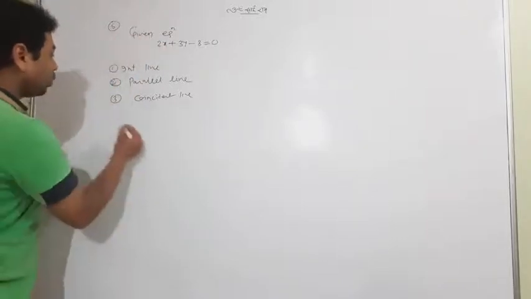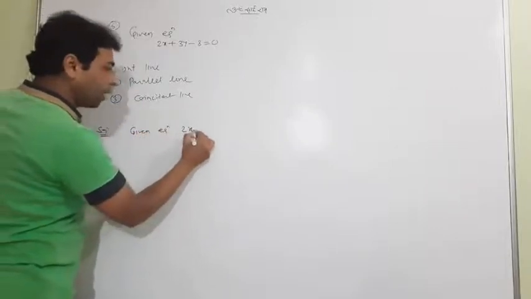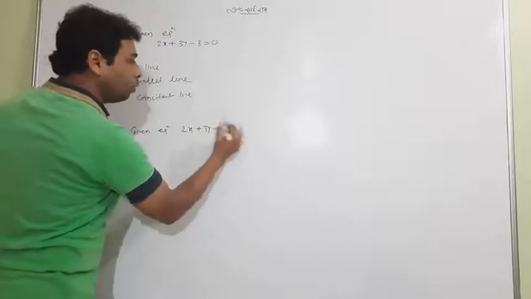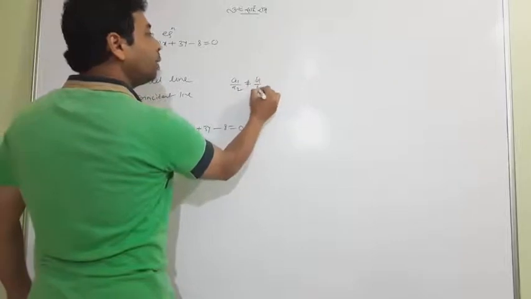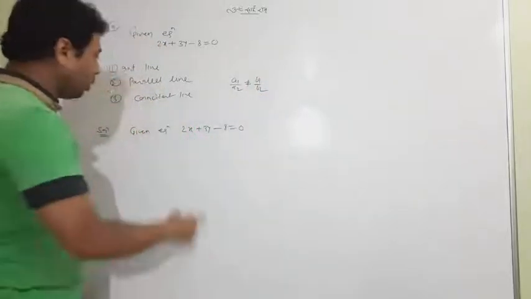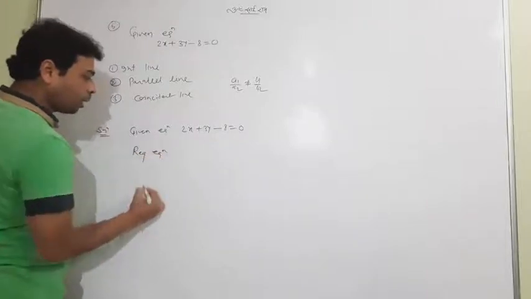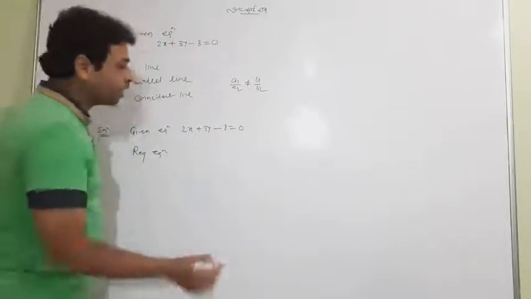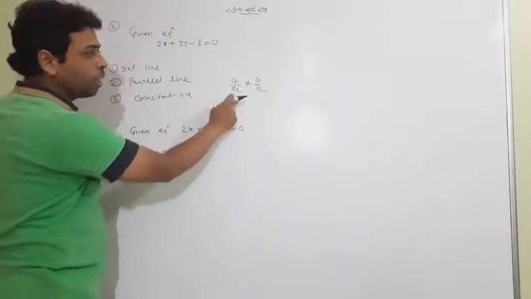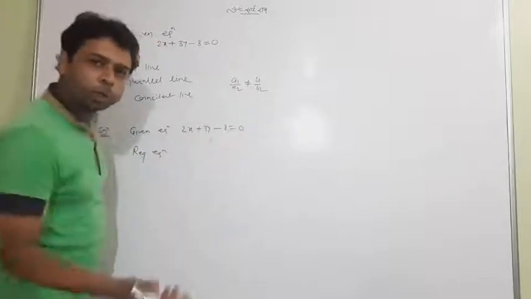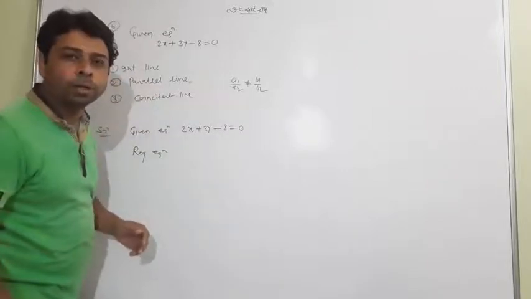So how to show the intersecting line? It is the given equation, and one should know a very important thing. I taught you yesterday's concept that a1 upon a2 should not equal b1 upon b2, then the lines will be intersecting lines. I tell you a simple trick: choose the coefficients of x and y so that a1 upon a2 should not equal b1 upon b2. You can take anything, you have lots of infinite options here.